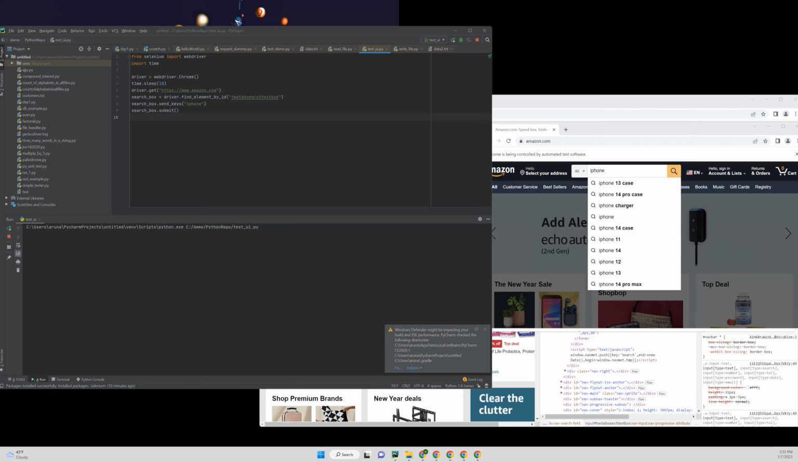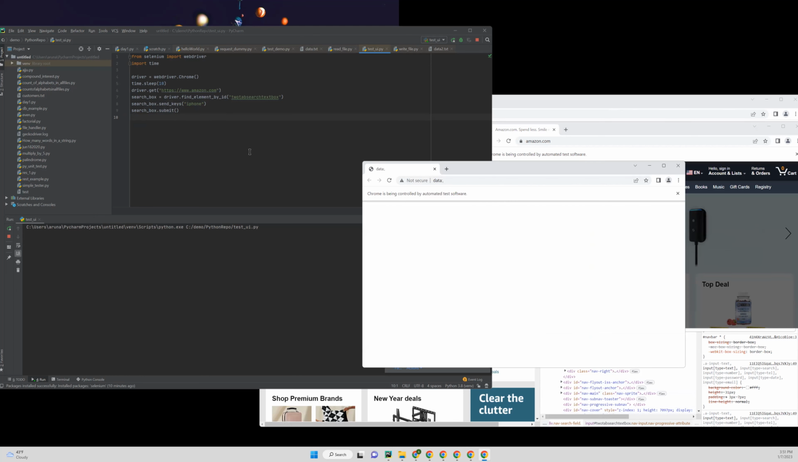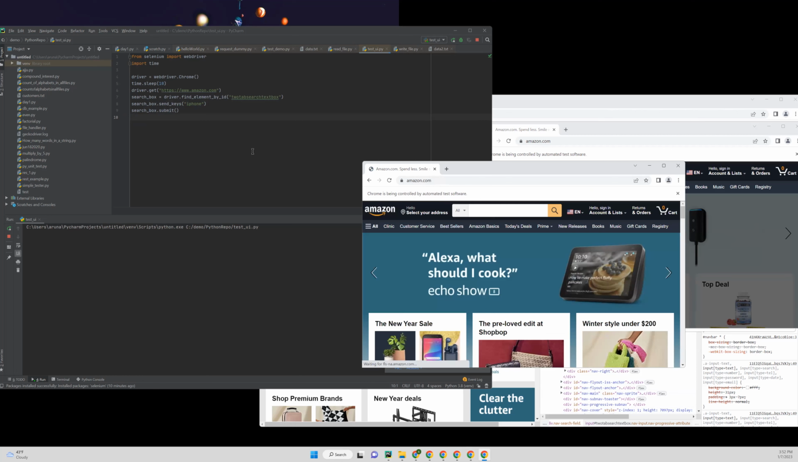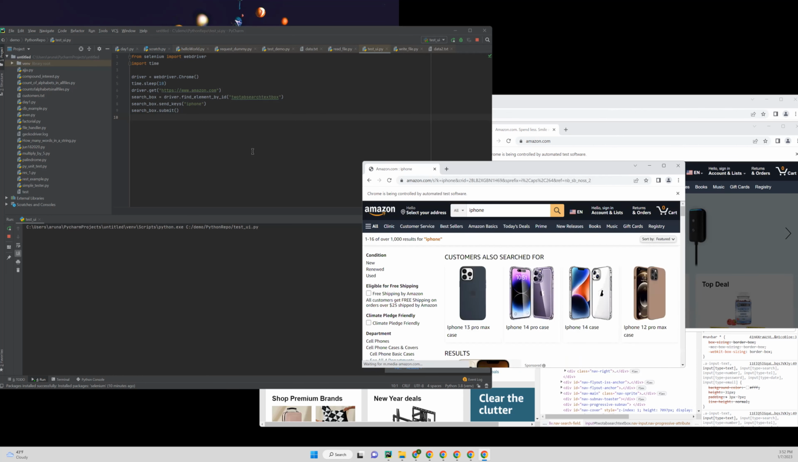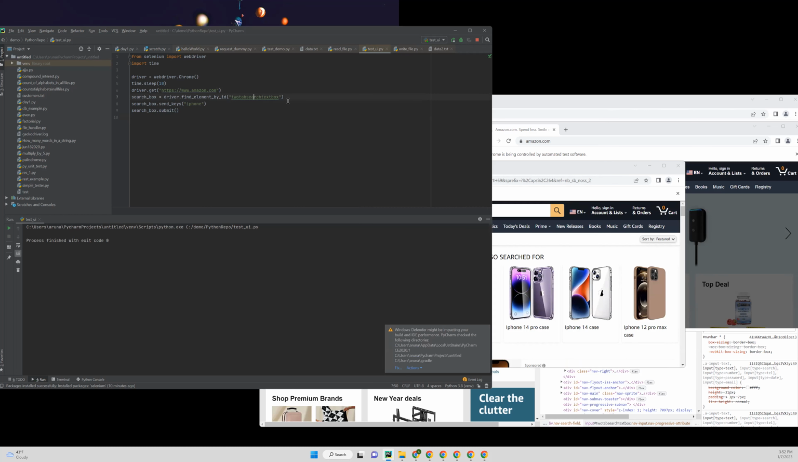Okay, so it's in the other screen. I bring it up here. I'm not pressing any keys. And you can see that it says Chrome is being controlled by automated test software. It's going to look for iPhone, and it's going to hit enter. Okay. So now it looked for that search box, and it searched for iPhone and